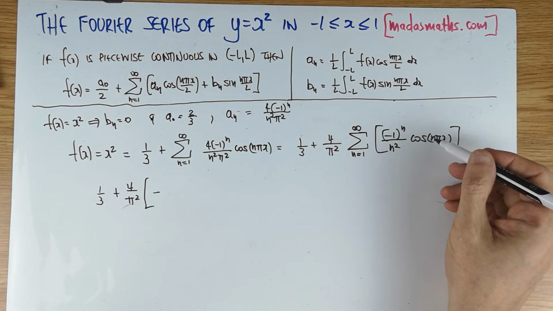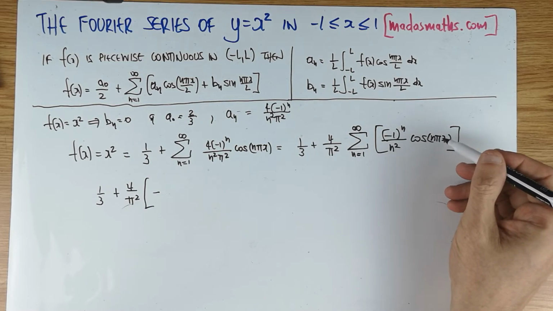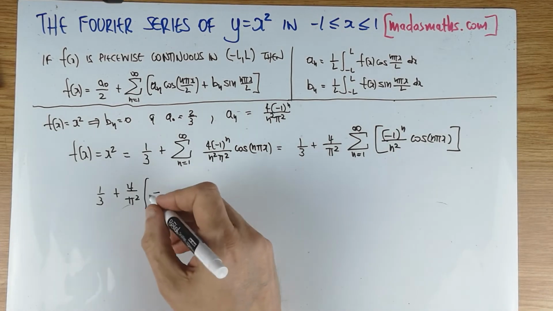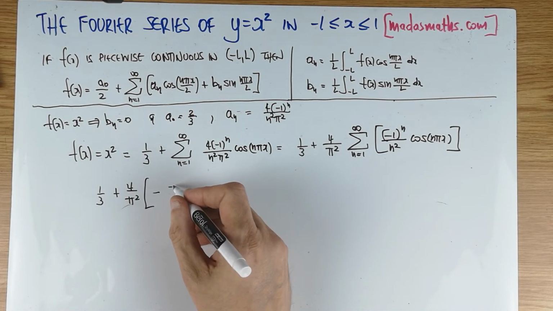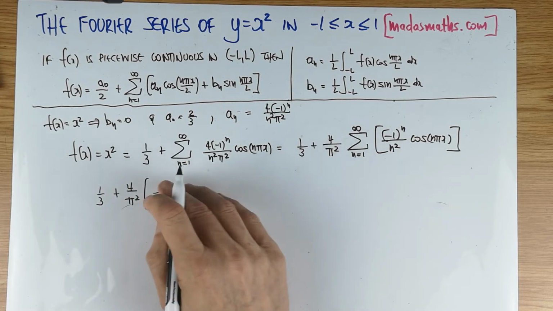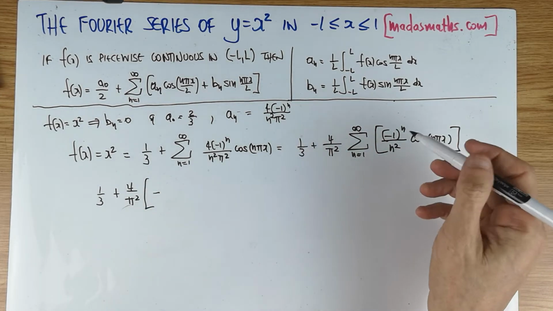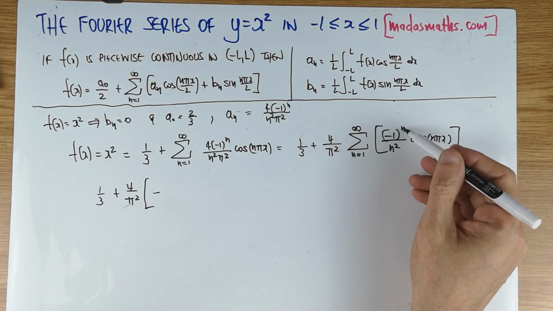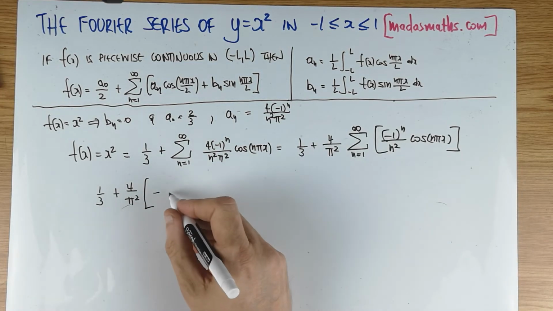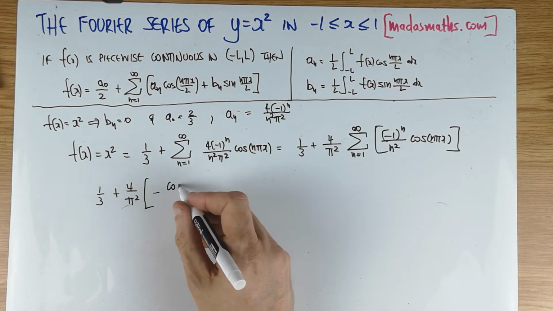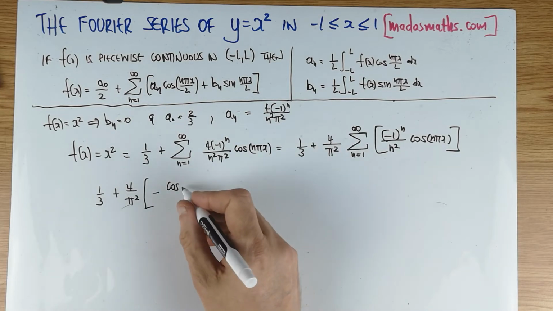So that's cos of pi x. The minus 1 to the 1, that's a minus. And we got a cos of pi x